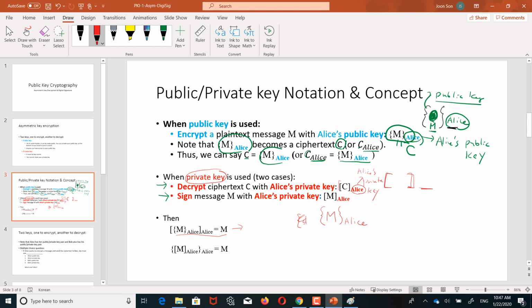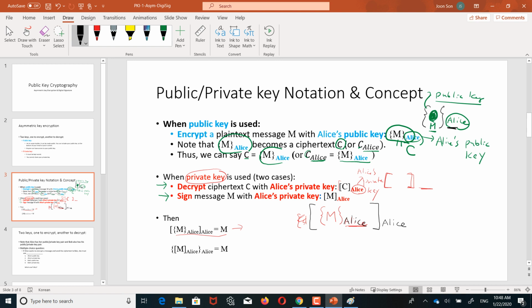Because this curly bracket is used, this means Alice's public key is used. So this is Alice's public key, and this whole thing is a ciphertext. And then whenever you use a square bracket, that means private key, right? So when I put Alice,